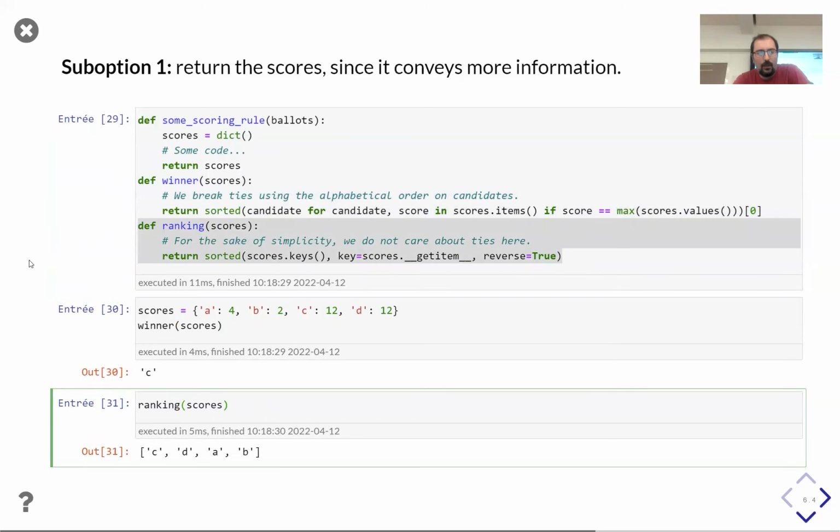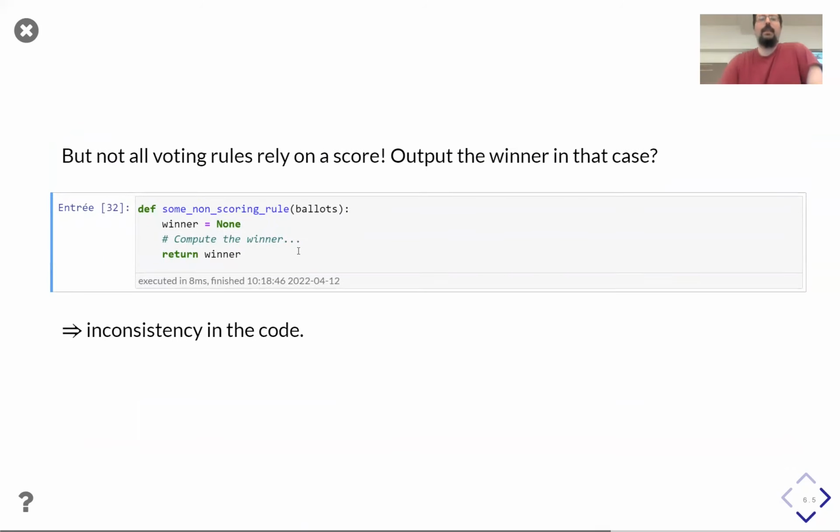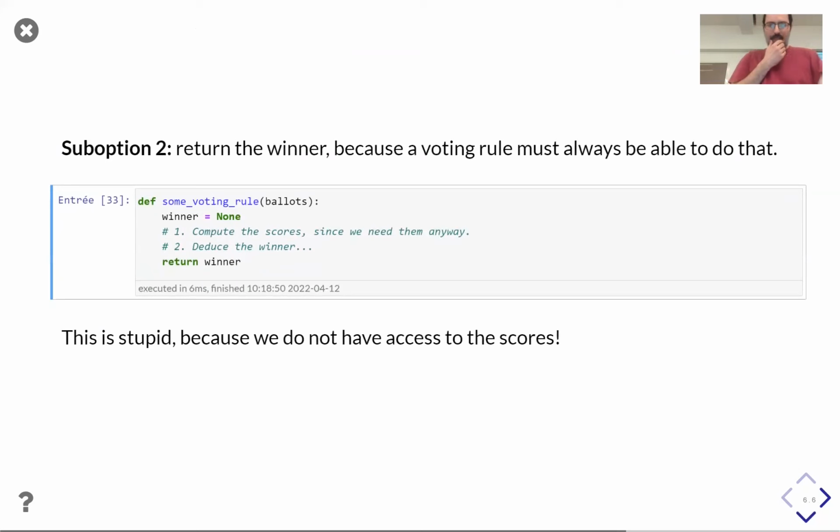So of course it will work more or less, but the problem is that not all voting rules rely on the score. So how am I going to do? Should I output the winner in that case? Maybe, but if I want, for example, to loop over a set of voting rules and test different stuff on it, I will have a problem of type compatibility. So it's not very good to do like this.